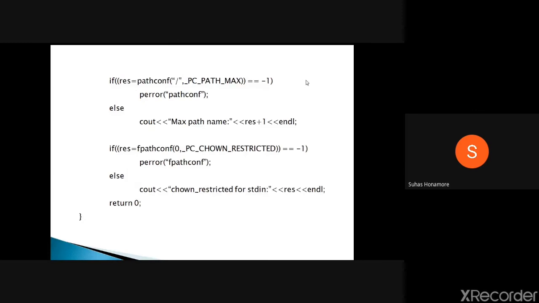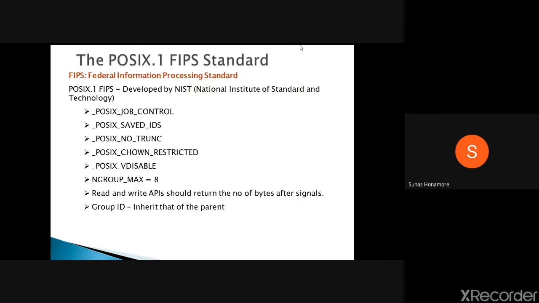In this, what we are doing is POSIX.1, then FIPS standards. Like whatever POSIX standards we had, like that, FIPS is the Federal Information Processing Standard.